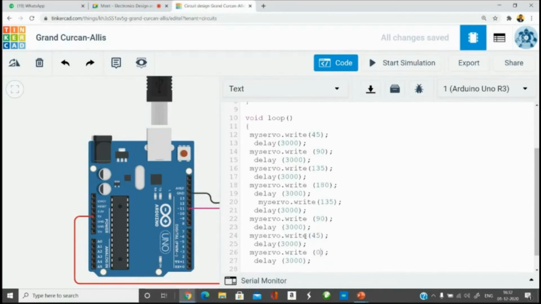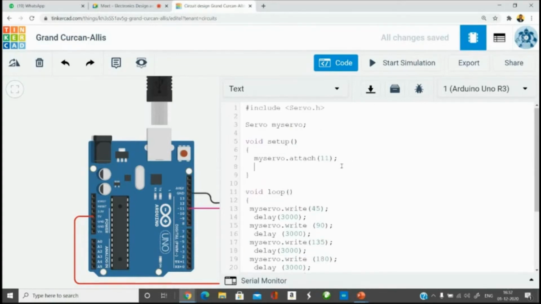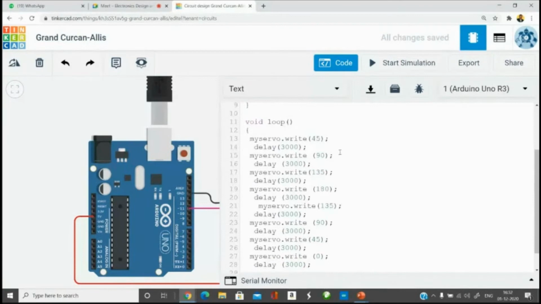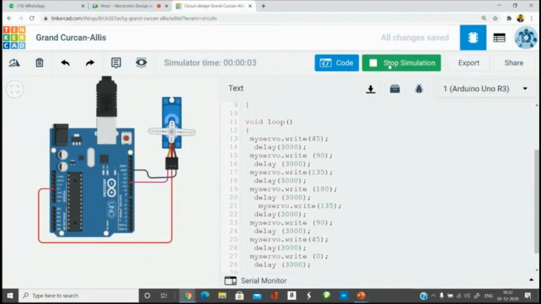So let us put this at 0 in the startup. The motor goes to 0 in the startup. So 45, 90, 135, 180, and then it is coming back from 180, 135, 90, 45, and 0. So let us see how this works. That continuously completes.